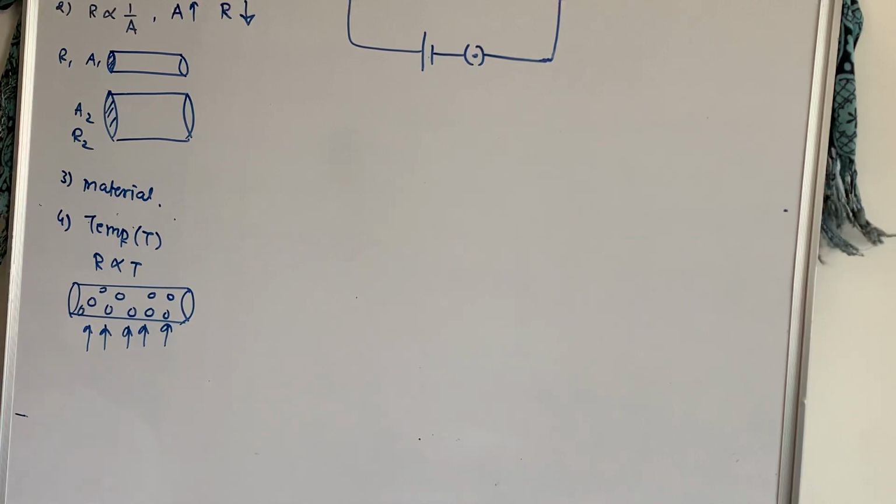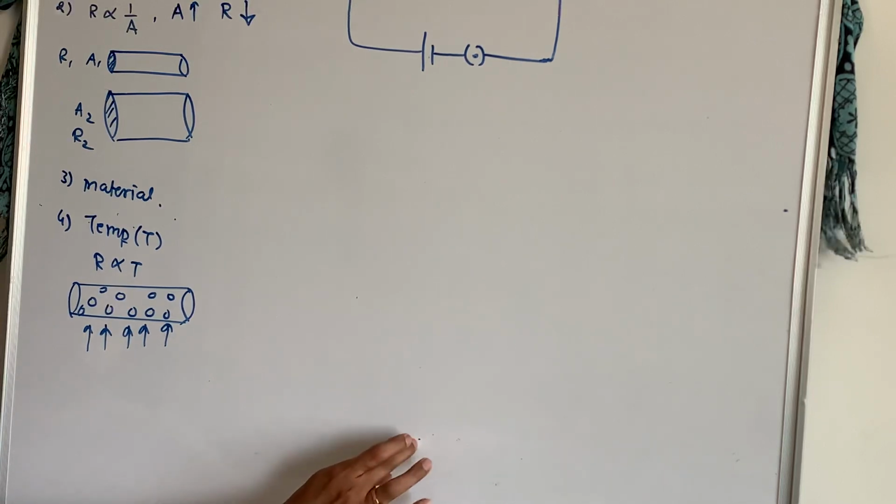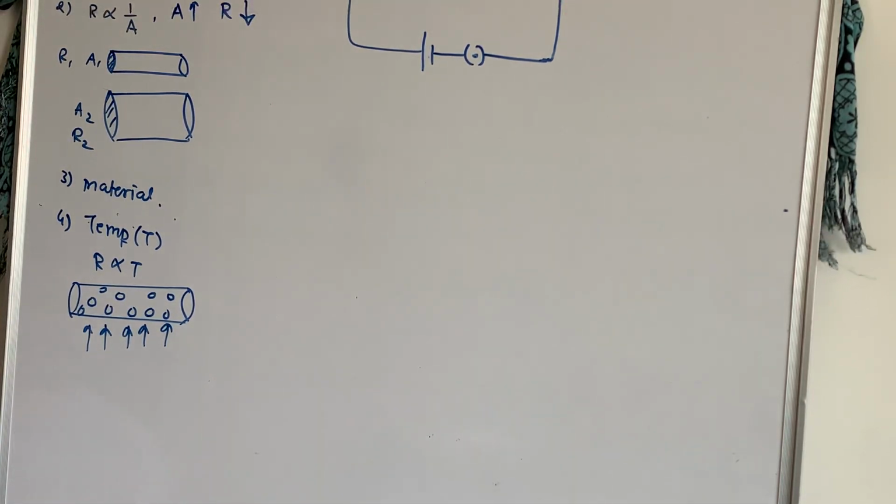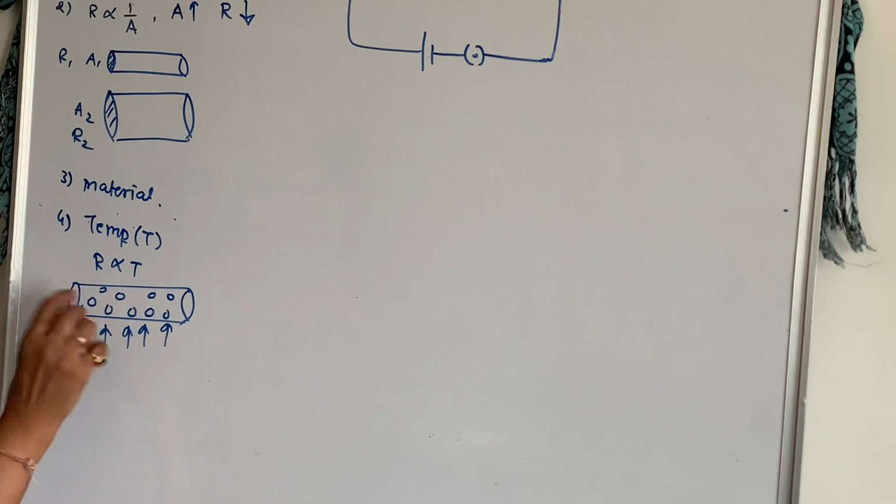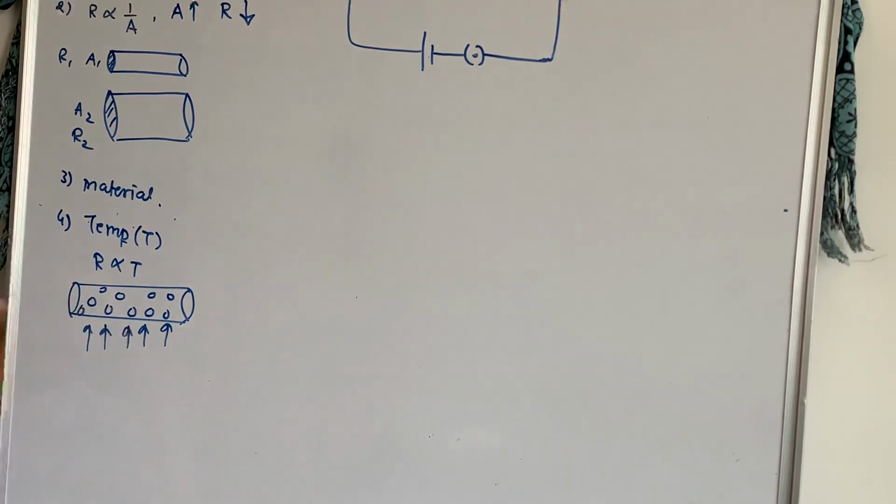Now just imagine that the heat is not so much that this metal will melt. To melt a metal, the temperature is of the order of thousands, right? So here I am just keeping it on a flame. What will happen? The metal ions absorb heat energy, and once they cross their capacity, they start vibrating up and down. During that process, they block the path of electrons. When they block the path, fewer electrons reach the other side. Fewer electrons means less current, that is, more resistance. So resistance is directly proportional to temperature, right?